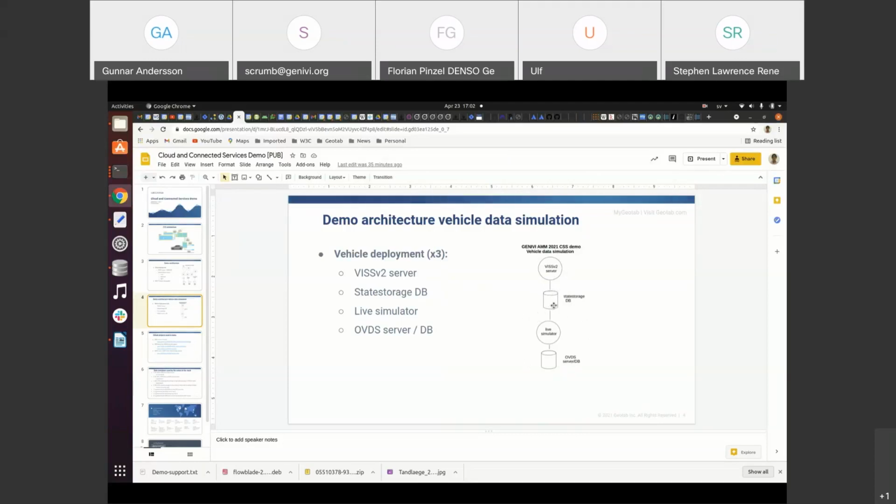that will only keep the latest data sample of all the different signals that it supports and is defined in the VSS tree. Instead of having a real vehicle writing into the state storage, we have here what we call a live simulator that actually retrieves data from a pre-populated OVDS database, and then writes it into simulating live